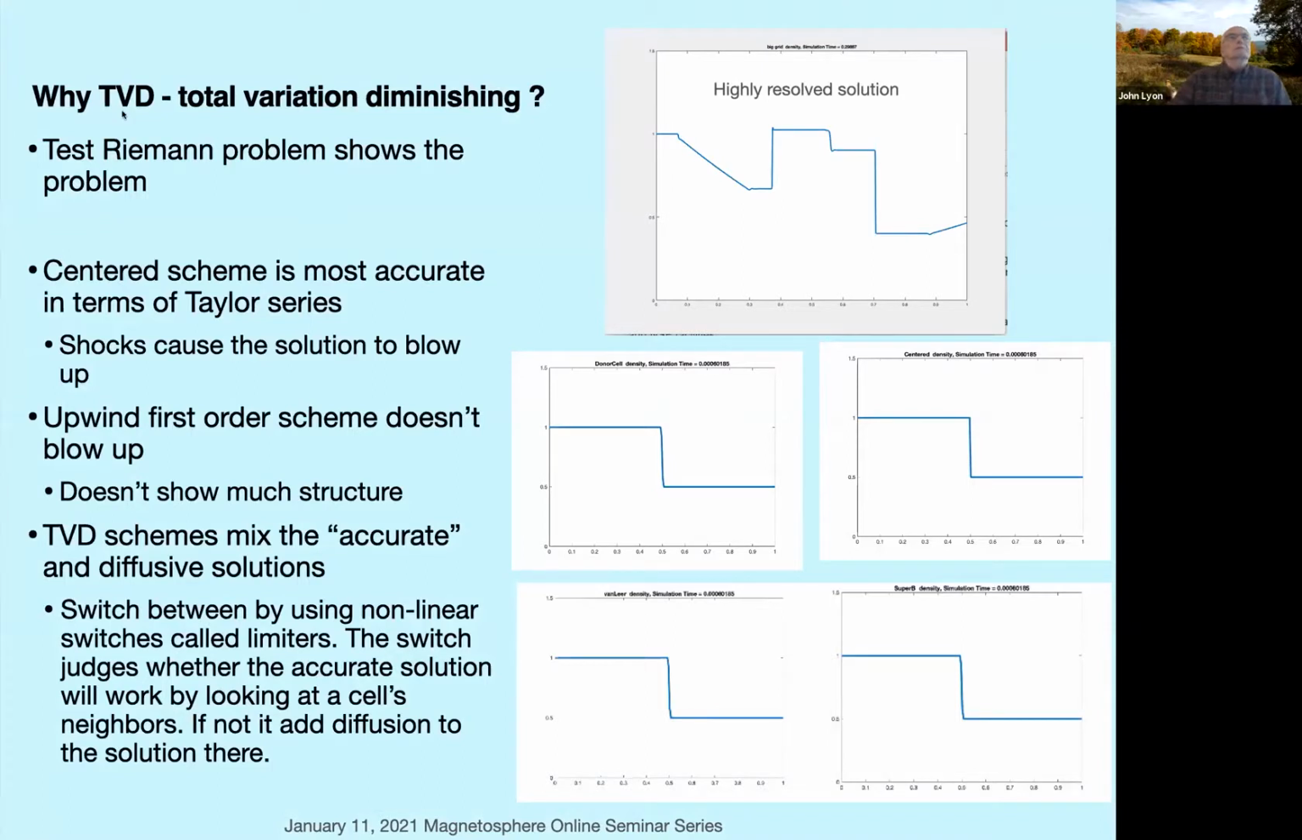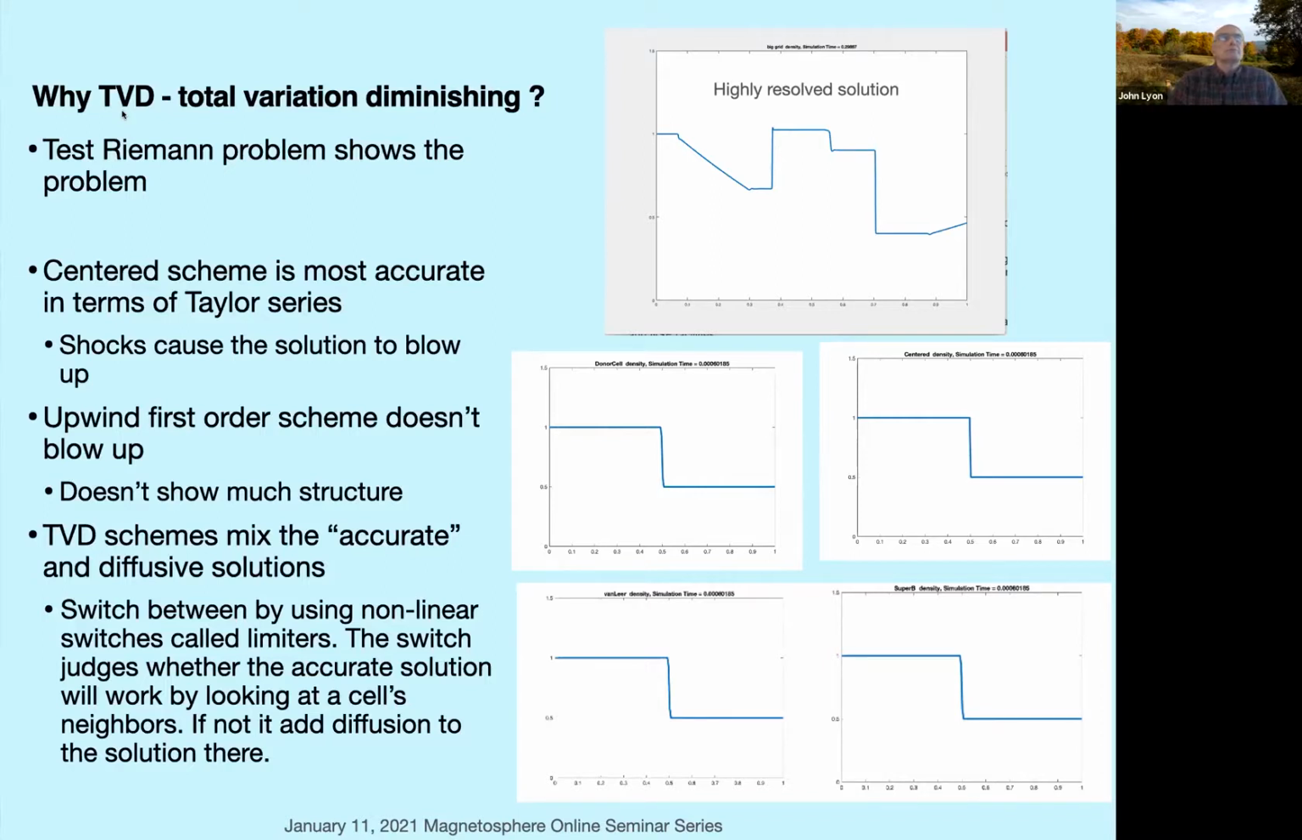Okay, now, total variation diminishing basically means that if you have a solution that shouldn't get a new extremum, the algorithm will make sure that it doesn't do that. There's an issue that you run into, and that is that if you try to write a numerical scheme where you have an accurate, in terms of a Taylor series solution,